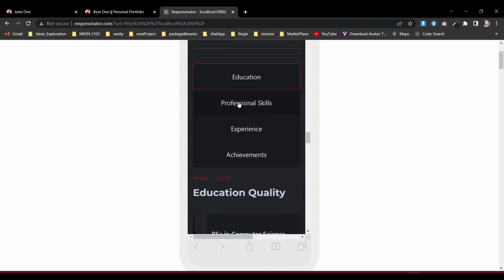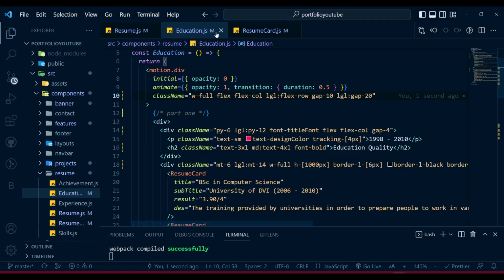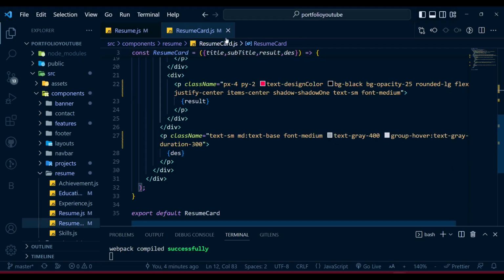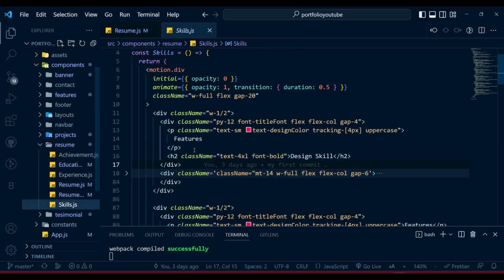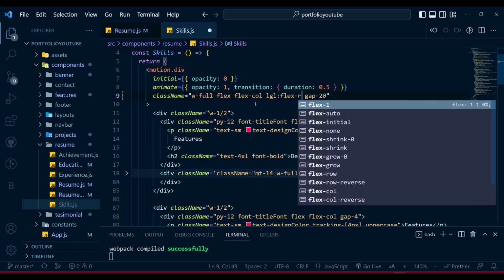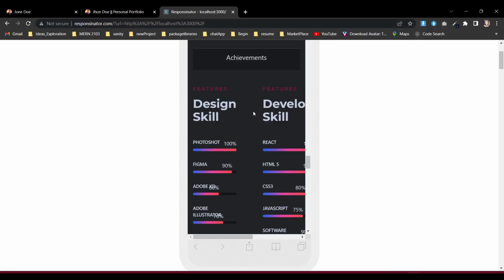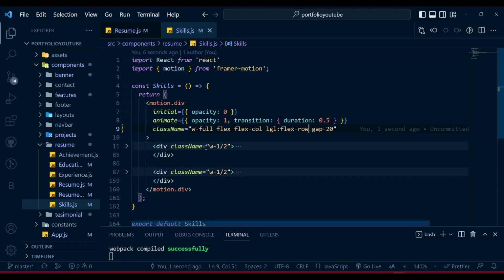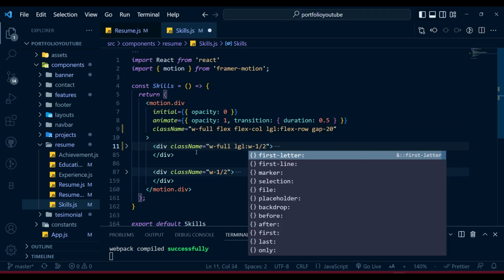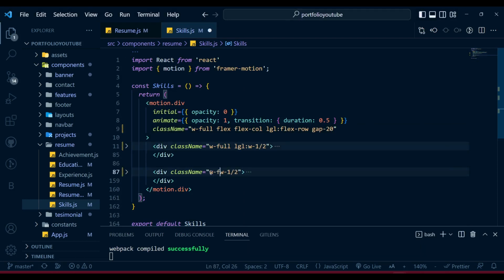So now it's time for our professional skills. For that, let's go to our professional skills, our skills here. We will do the same thing. Flex col, in LGL we will make flex row. And see, that's fine. Now we need to remember we have also, I think, 2 parts. So first of all, it will be width full, LGL will be width half, and again,